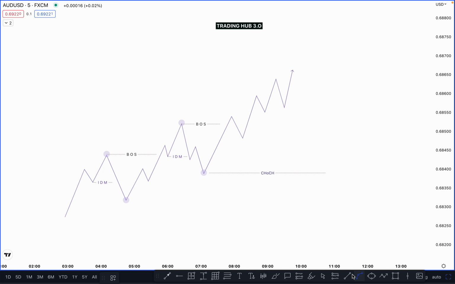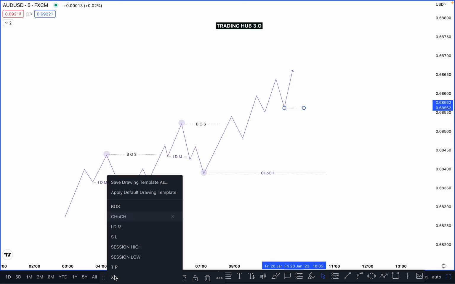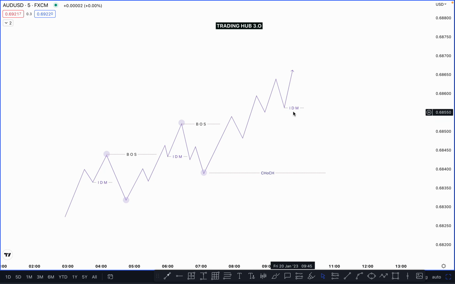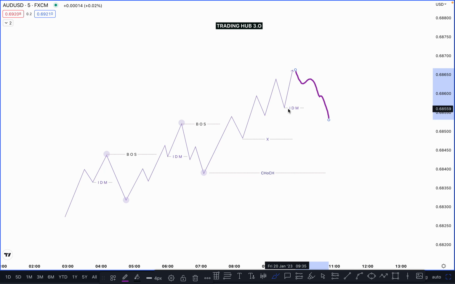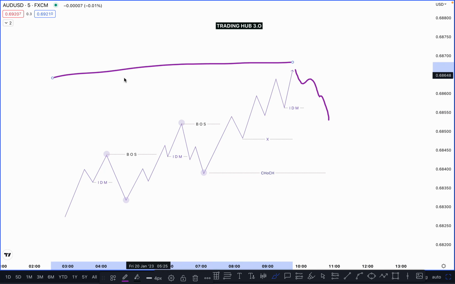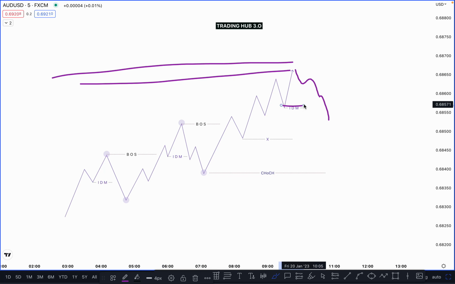First of all, this one is our inducement, which one is here, as you know, because the first pullback is here. This one is called inducement, and after taking out the inducement, probably you are looking here for a buy, and the next possible buy, which one we can buy here just below it after taking out the extreme liquidity, or you can say engineering liquidity, whatever you call it. In this case, if price continues to push downside, this one is our inducement, not a change of character. But if price taps on your supply zone, right, this becomes our change of character.